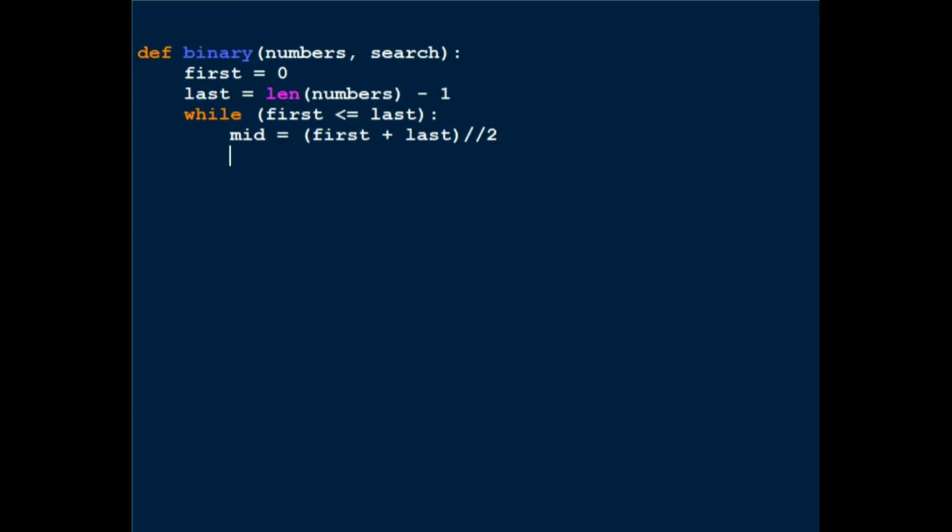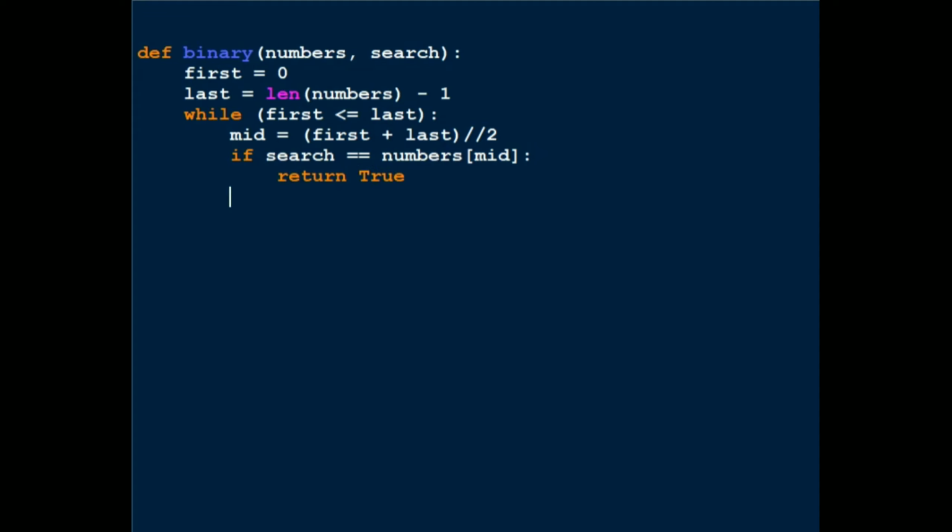Okay, so now here comes the if statement. As I mentioned before, after you get the middle value, you're first supposed to check if the number you're looking for is the element in the middle index. So if search equals numbers[mid]. Why are we putting numbers[mid] instead of mid? Because mid would just mean first plus last by 2, which won't really make any sense. We have to mention for which particular array we want this formula to be implemented on. So we want this formula to be implemented on the numbers array, right? So if search equals numbers[mid], I can return true as the answer, which will basically tell me that the number is there in the array.